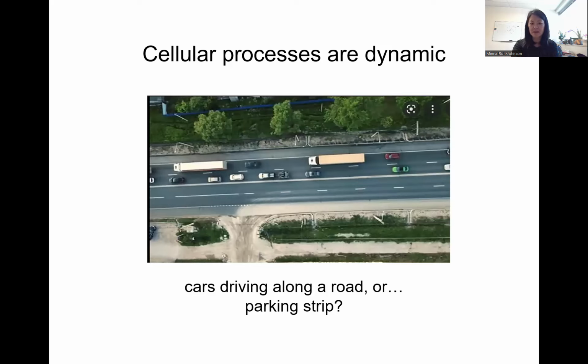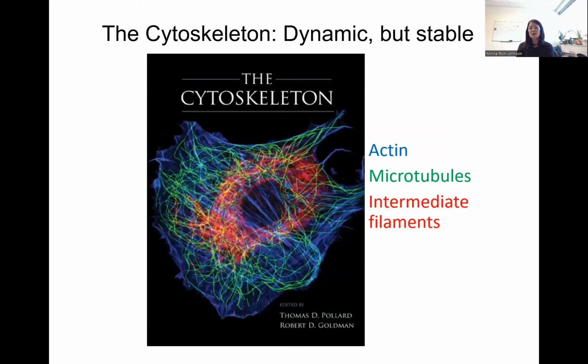Perhaps you can infer, based on the fact that there's clearly a yellow line in the middle and dotted lines, and it looks kind of like a highway, that they're probably not parked. But the point is that a lot of the processes we're interested in looking at in the cell require looking at things over time. And so today we'll be talking about the cytoskeleton as an example of a cellular process that